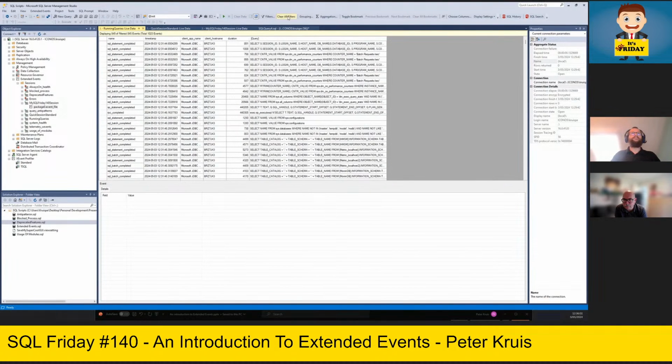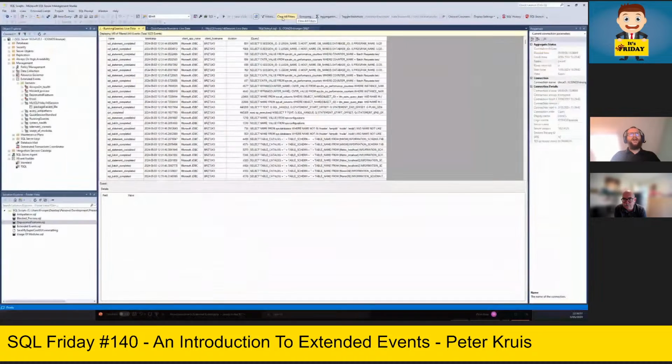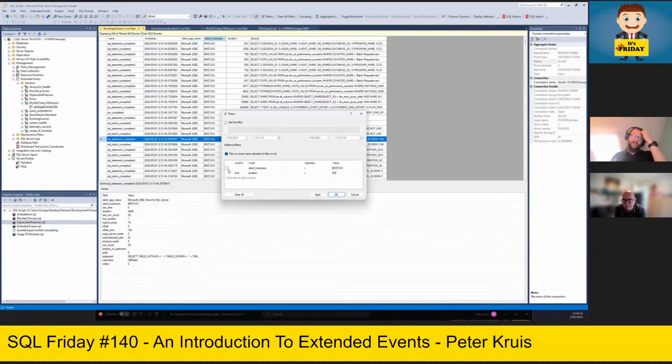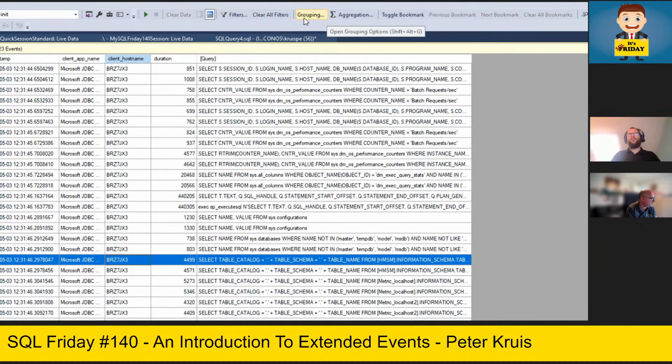And then I can only see those items which match. With the button clear all filters, it will remove all filters. And another option is, hey, I see this thing or my client host name being retrieved a lot. Let's press filter by this value, and it will add the row for you, so you can see what happens there. But for now, let's just keep it empty. Okay, what's next? On top, we also have grouping and aggregation. To make use of these, and also the filters, I stopped my live data feed, so I can group data.